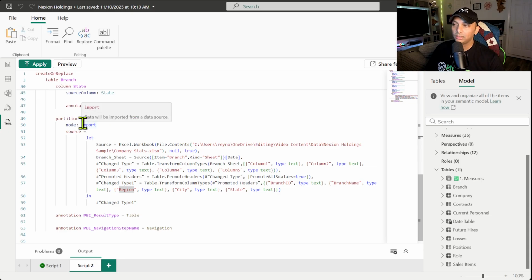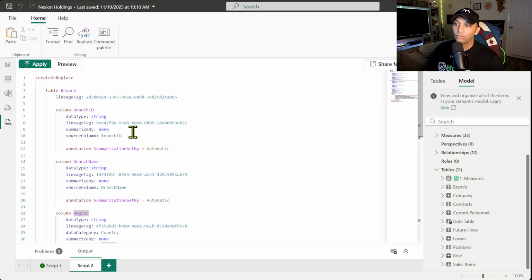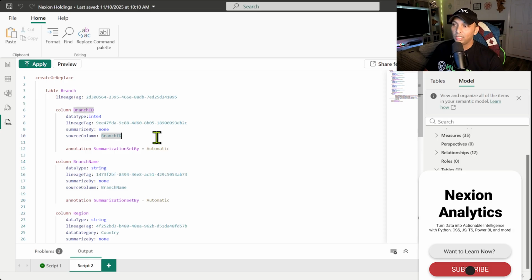So we have branch. So what did I do to branch in particular? So it breaks out that as well. So what you can do here, rather than going into Power Query, is go into data type, and you could simply just change this if you want. So rather than a string, I just want to put an integer, rather than it being a